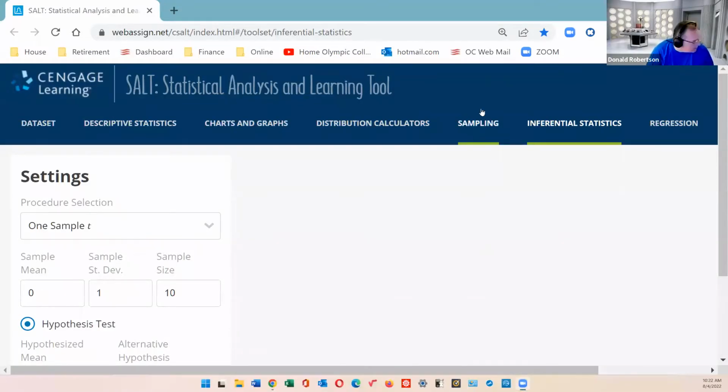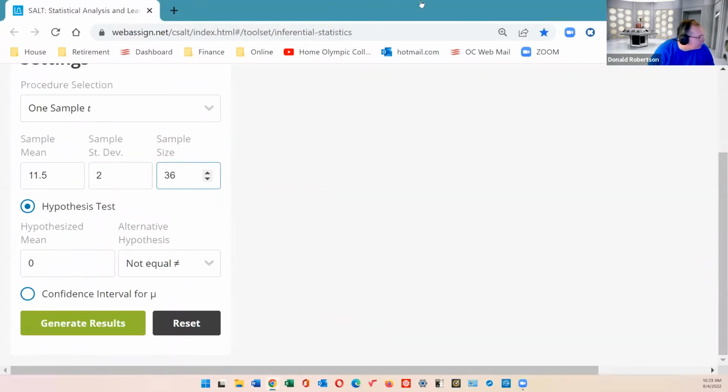So we're going to put all of that information into SALT and eventually get the p-value, amongst other things. So here we go. Inferential statistics every time, one sample t every time. The mean in this case was 11.5. The standard deviation was 2. Oh, still 2. The random sample had 36 people in it, so that's 36. And we are trying to prove